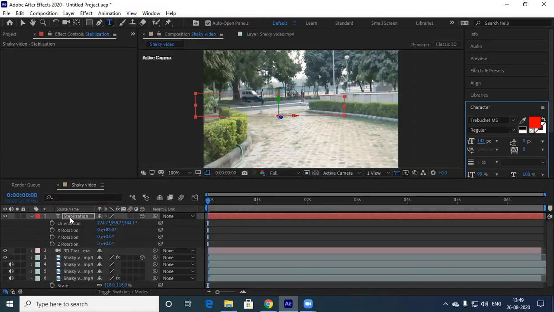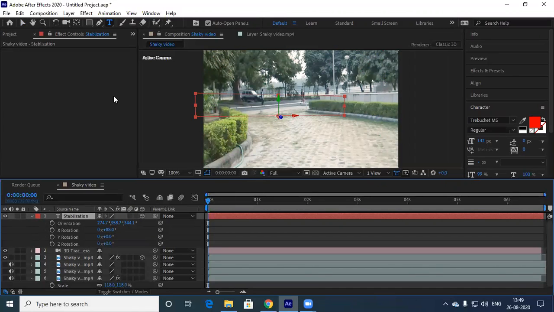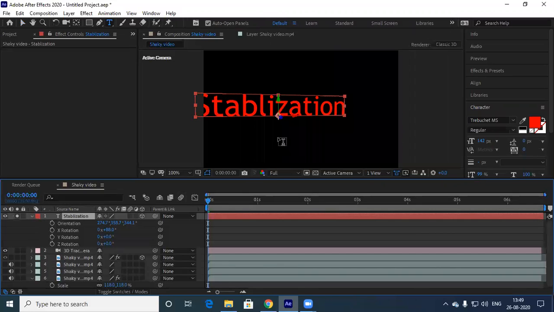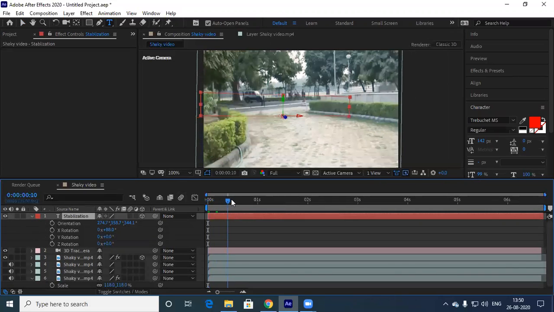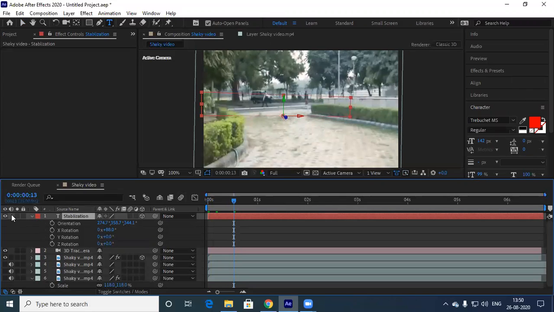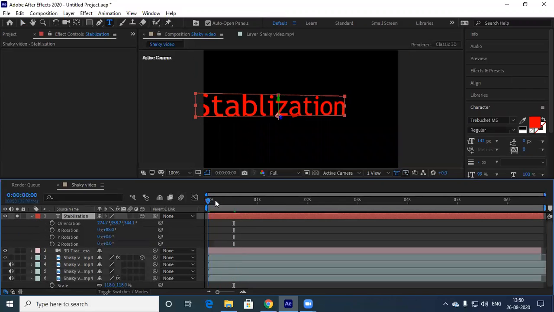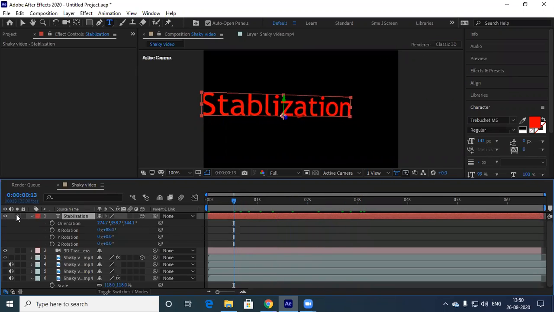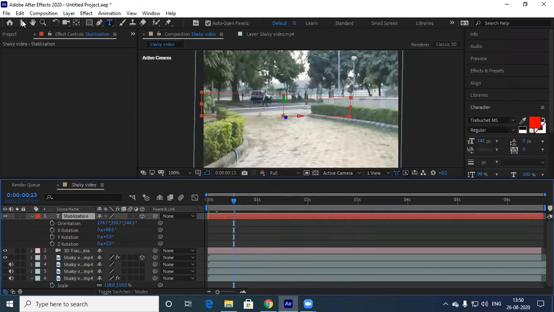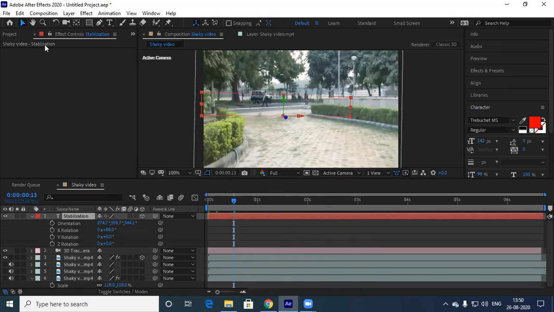Where is this one? Text. Yeah, I'm able to see this here, but why am I not able to see it here? There is already a stabilization. In solo I can see. If I turn on solo, maps is off.